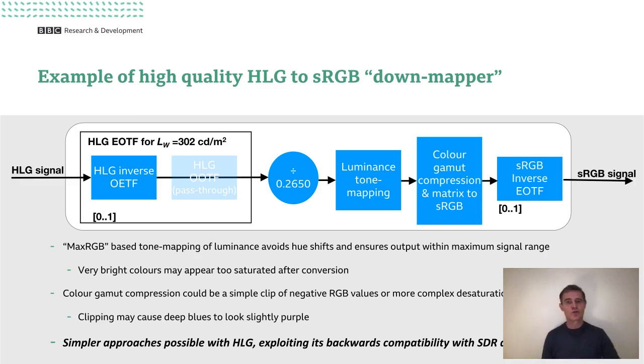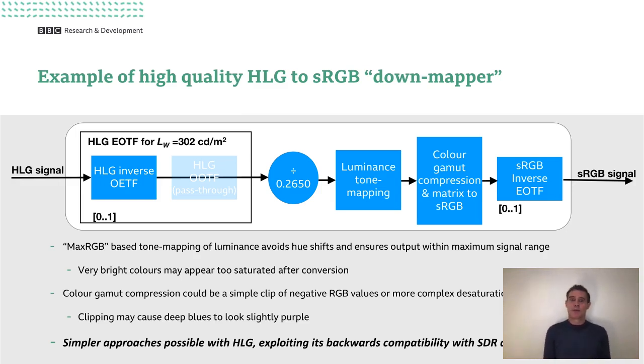There's another little trick you can do. You can calculate that tone mapping scaling factor based on something called max RGB. I don't have time to discuss max RGB right now, but it's worth looking at, because that max RGB scaling can help ensure that your SDR signals after the tone mapping operation exactly match the SDR signal range that you're looking for. If not, you can end up with problems in the blue.